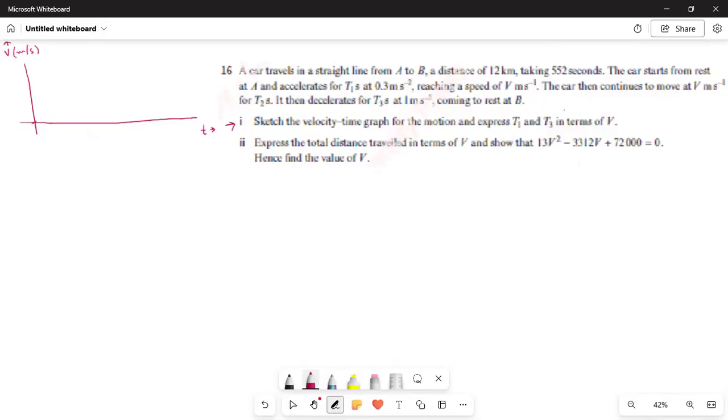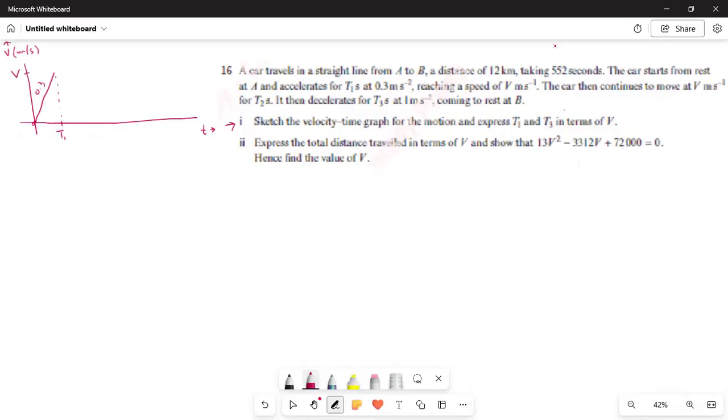At time zero, the car was at rest at A, and it accelerates for t1 seconds at a rate of 0.3 meters per second squared. It accelerates up till time t1 seconds, and it reaches a speed of